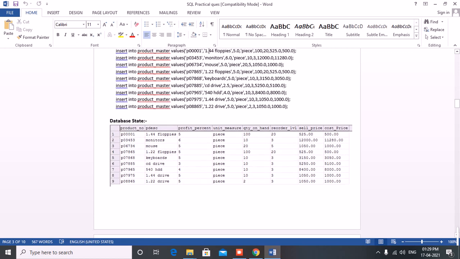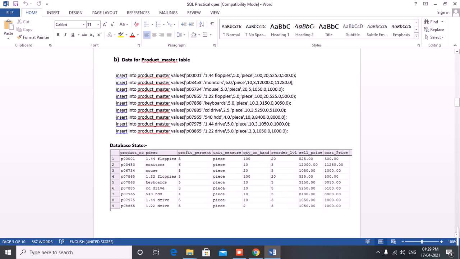So now I am inserting in the product master. You can see, insert into product master. Table name you have to write first, then values, then in single inverted commas all the text parts. And whenever there is only digits, you don't have to write single inverted commas.